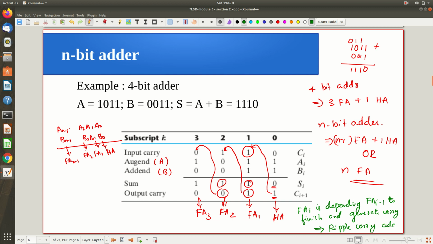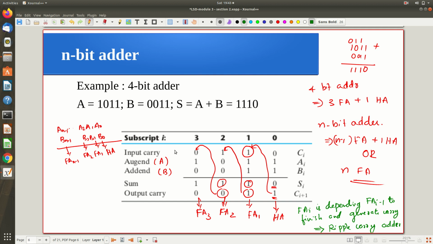So we call this kind of realization a ripple carry adder, because the carry is actually rippling from one position to another. Just like the ripples you can see in the water when you drop a stone, one ripple comes, then following that a bigger ripple, right? Like those circles, one after another it's generating. Just like that, this carry is coming here, after completing this it is coming here. So the carry is rippling from one position to another, and accordingly there is a delay, because the nth full adder can work only after all the n minus 1 full adders finish.